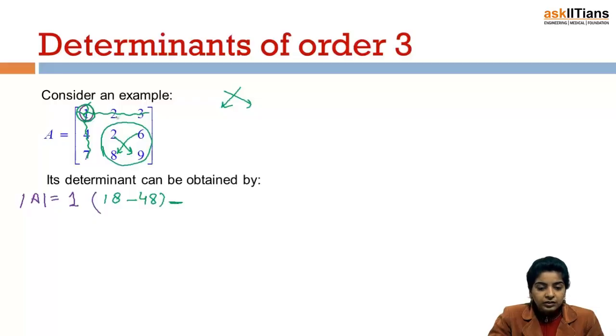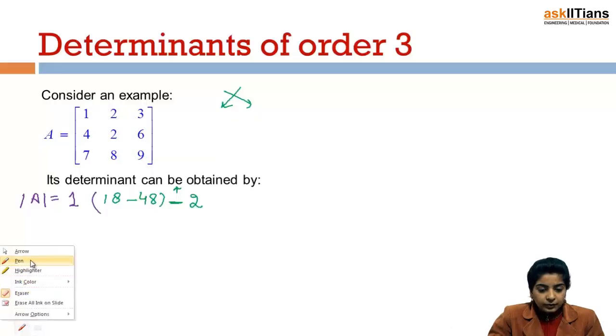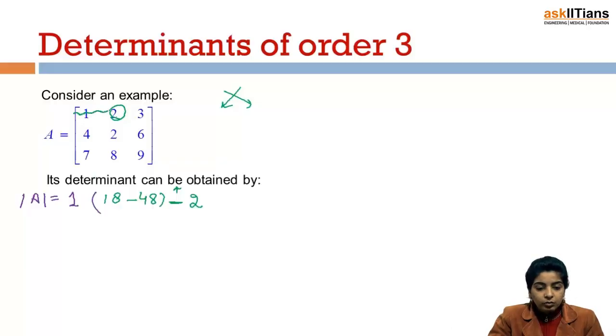Then we take this first element, suppose I take 2, this is 2, and this sign I'll explain to you how you will get. Now I take 2, again we'll repeat the same procedure in case of 2. First let me erase this. Now again I am taking the second element and will cross out the corresponding row and column. So whatever I am doing, I am proceeding from the first row, right? First I have taken 1, then I am taking the second element. Now I'll cross out this row and I'll cross out this column. So we are again left with the 2 cross 2 matrix.